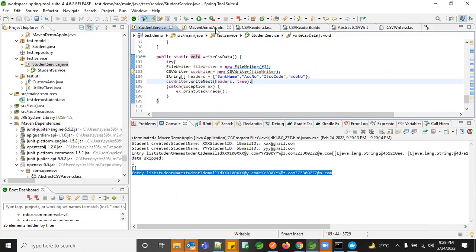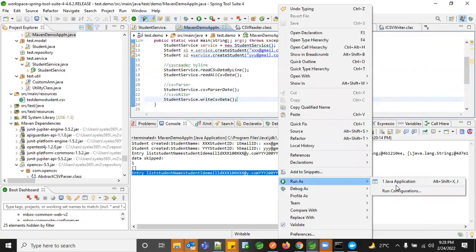Let's execute our program and see whether these are getting written in our headers.